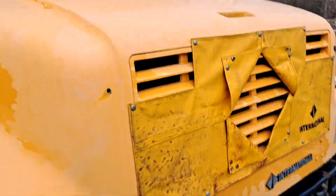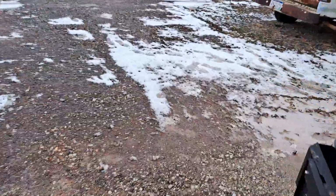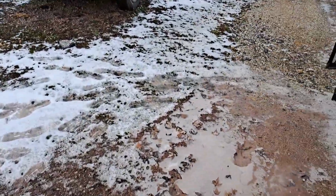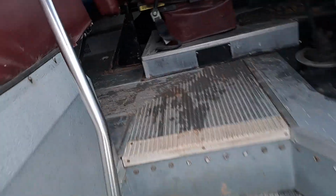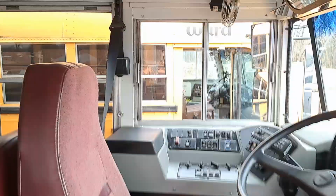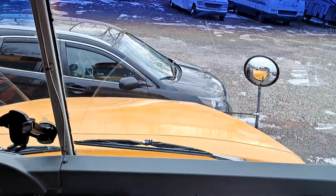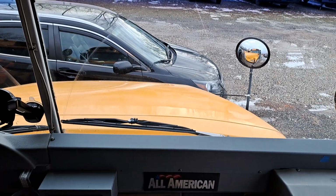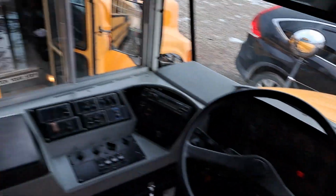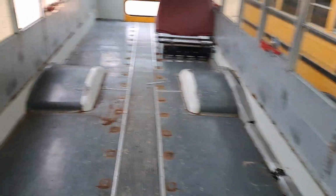We'll let both of these sit here and run for a little bit. I've got my mask on because I still have the lung issue, and it helps with bringing warm air in, warm and damp air in, especially in this cold weather and with the mold in there. So I'm gonna move that car and take this for a lap around the storage lot. Avoid taking it on the road. There's a bunch of salt on the road still, and well, this thing has seen enough salt in its life, and I don't want to